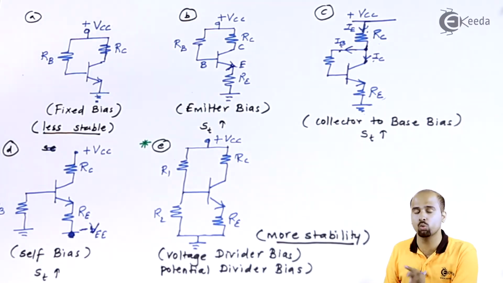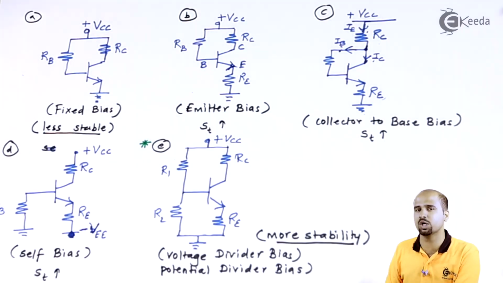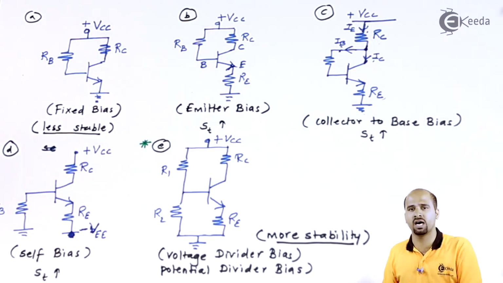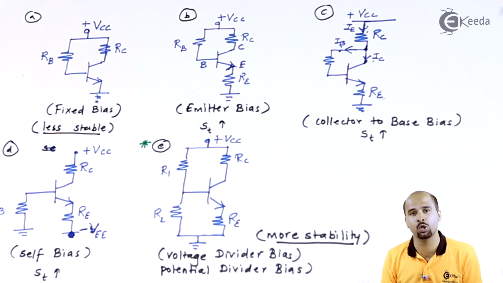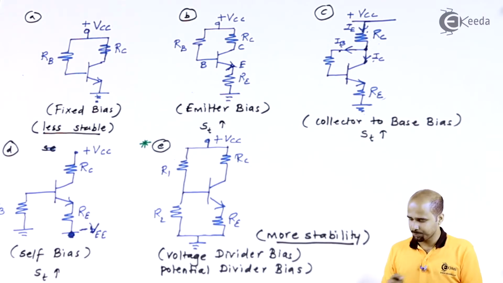So R1 and R2 values are responsible for the voltage drop across R1 and R2, so that I can change the value of the amplifier gain. So all the factors RC, RE, R1, R2 are responsible for the required parameters from the customer's point of view, so that we can design RC, RE, R1, R2 from a design perspective. So this is how we have learned the DC biasing techniques. Now we will learn how to move ahead to the exact operation for the DC analysis.